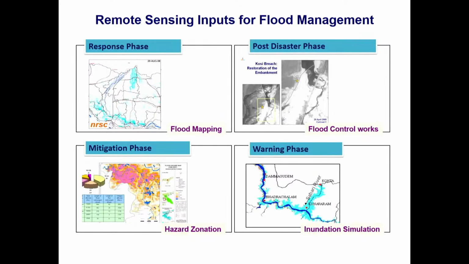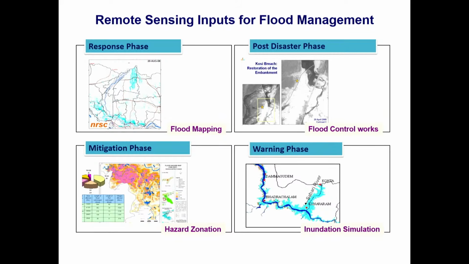So now, how do we use this information for remote sensing? Basically we are using remote sensing for four kinds of cases. One is the response phase for any kind of hydrological hazards. I have taken flood management, flood especially, because floods are the more common hydrological hazards. So it is a response phase where the moment any disaster occurs, the satellite observes the area, and the products are derived from the satellite.